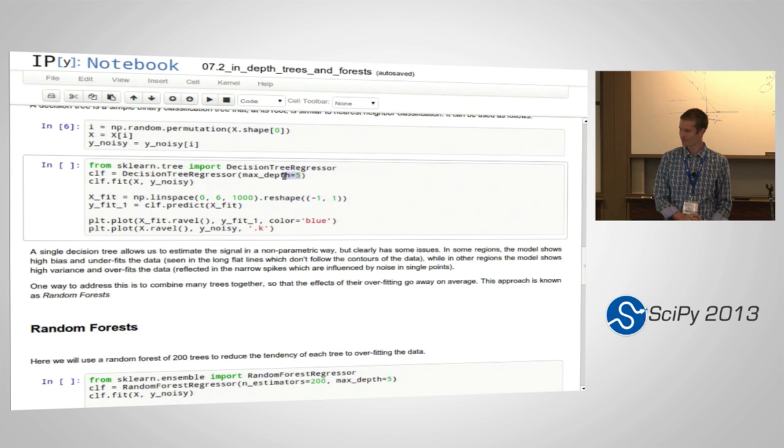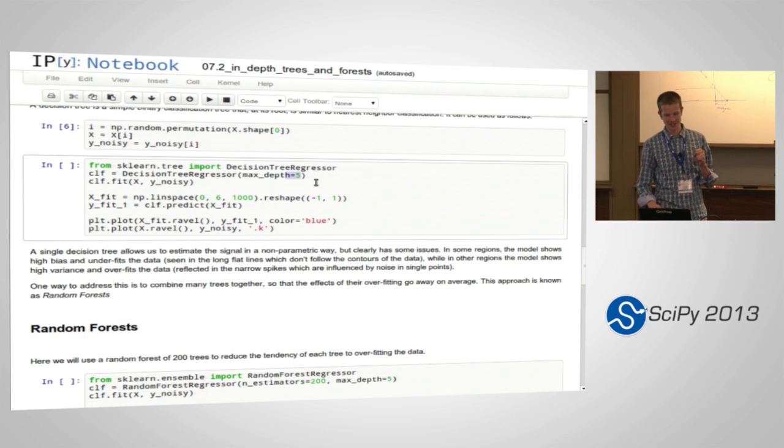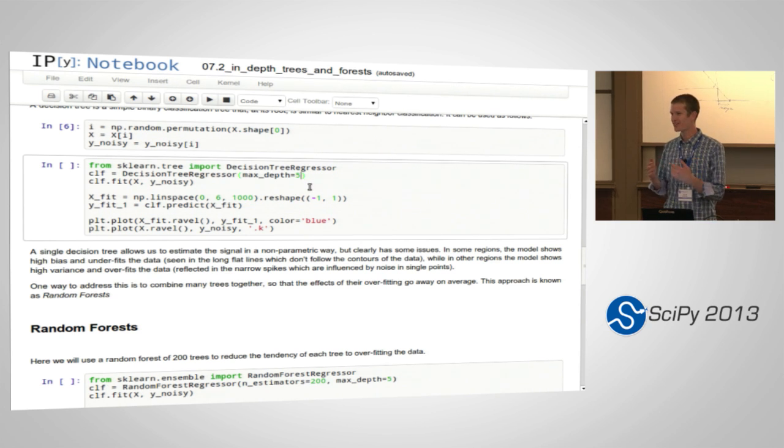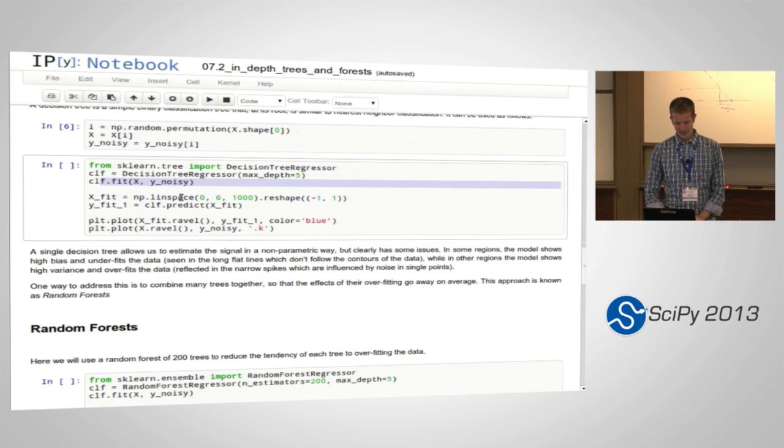Are you going to cover this? Yes. So we're just going to start with max depth of 5 right now because that's a good medium. And the max depth kind of acts as the regularization parameter for decision trees. So as we try to find the best model, that's going to be the main parameter that we're adjusting. So if we do the fit,